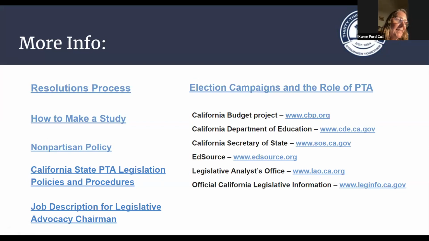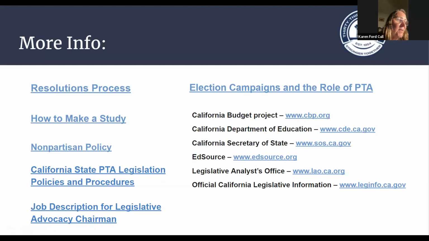But once we get into campaign time, be careful about inviting just one person out of, when there's like 5 candidates, you can't just ask one candidate, right? Even if they're the elected official.